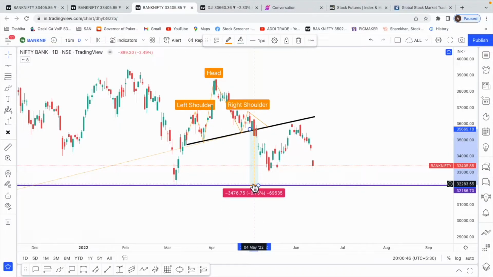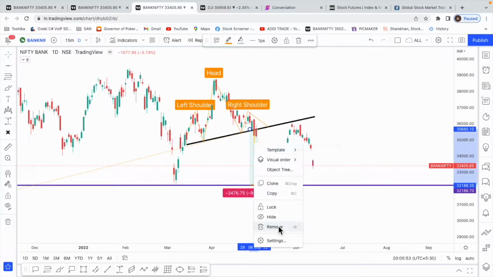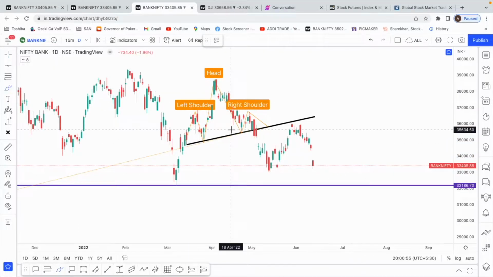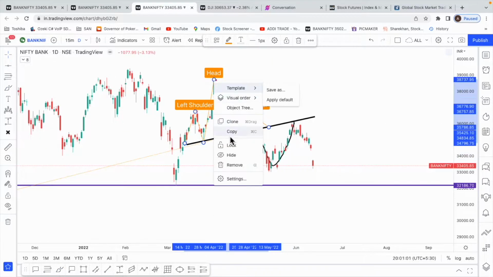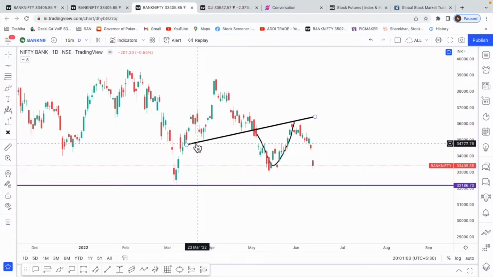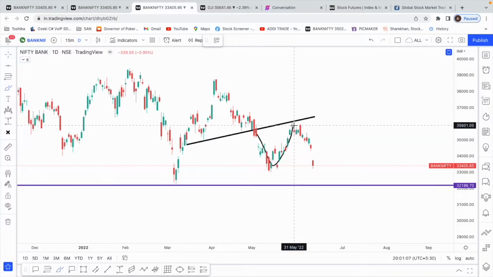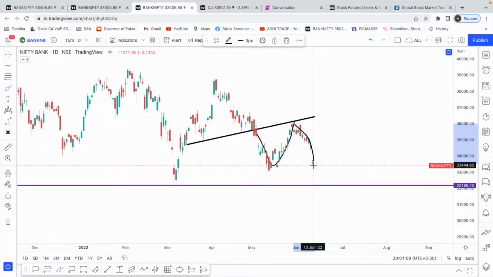See, this shows that on the daily chart, let me just get rid of this. On the daily chart, it shows that we broke this, came and retested the same trend line, the same neckline of the head and shoulder. If I remove this and we use this neckline, right, it came, retested the neckline and then we started dipping. So there is a possibility we might hit this head and shoulder target of 32,100 is one possibility in Banknifty on the daily chart.